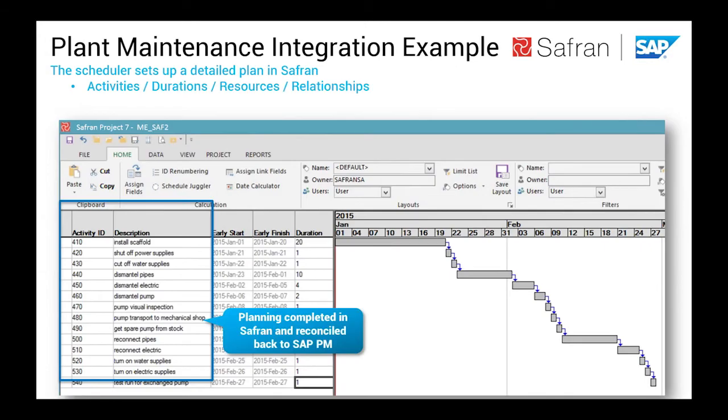We have detailed out a plant maintenance order with all the activities that are needed to do the job, in this case to replace a pump. You can connect all your activities and schedule your activities in Safran and put your resources and durations into the activities. And then in the next slide,